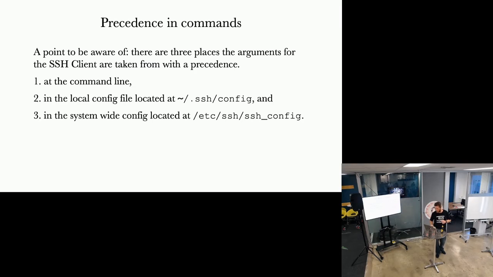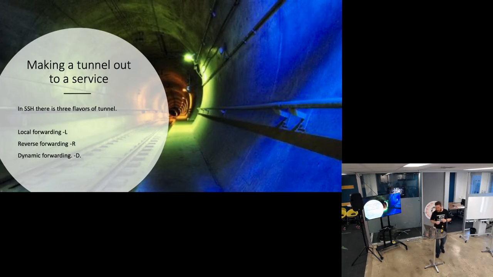So that's quite handy. There are 3 different kinds of tunnels that SSH offers: a local forward, a reverse forward, and dynamic forwarding. A local forward means you're creating a tunnel from your local machine out to another server somewhere else. A reverse forward means that you go out to that server somewhere else and make a new port on that foreign box, which then gets translated back to your local machine,